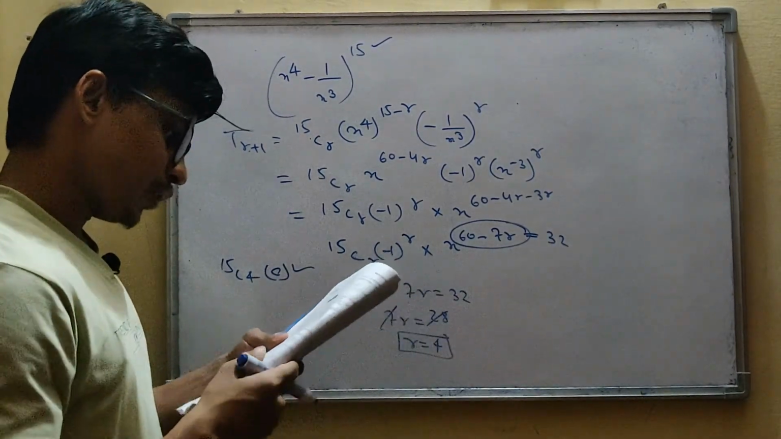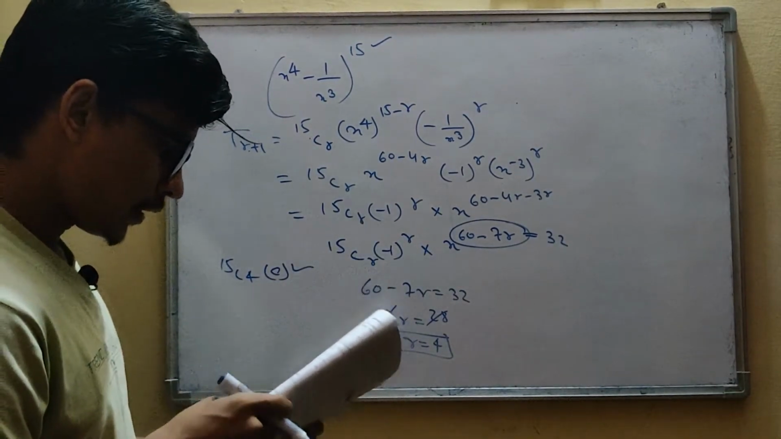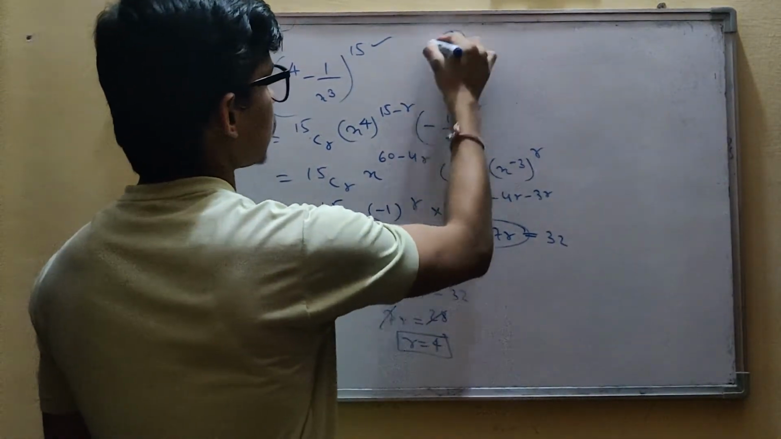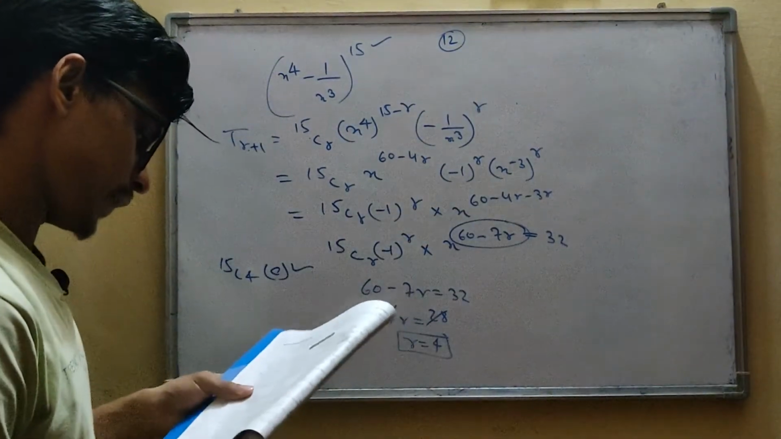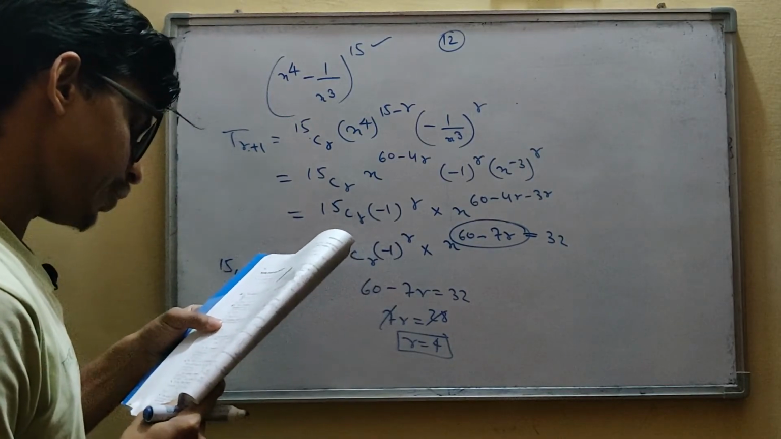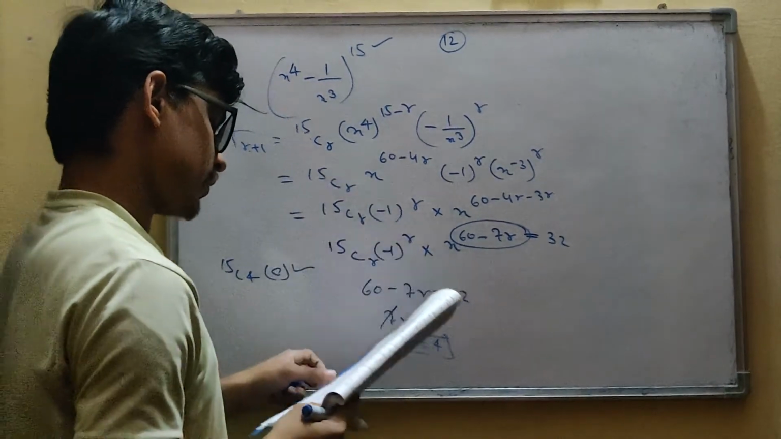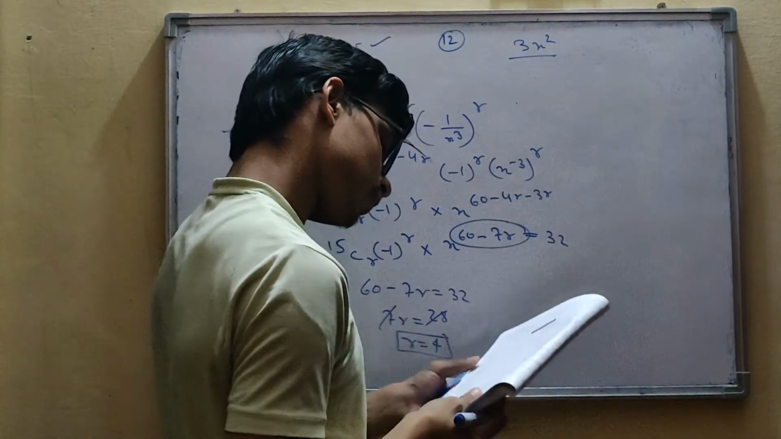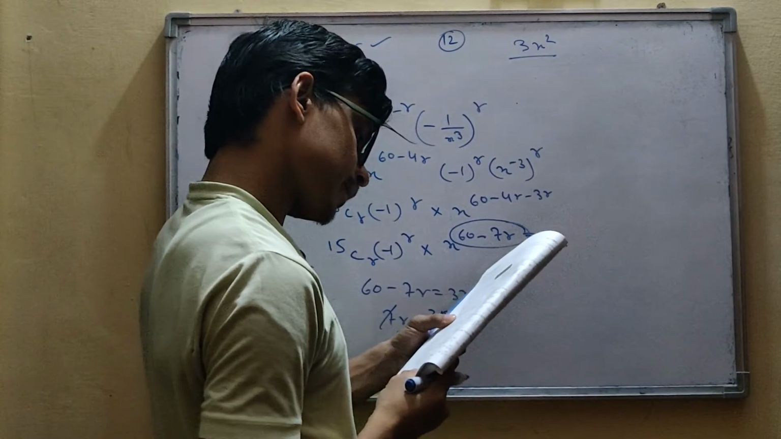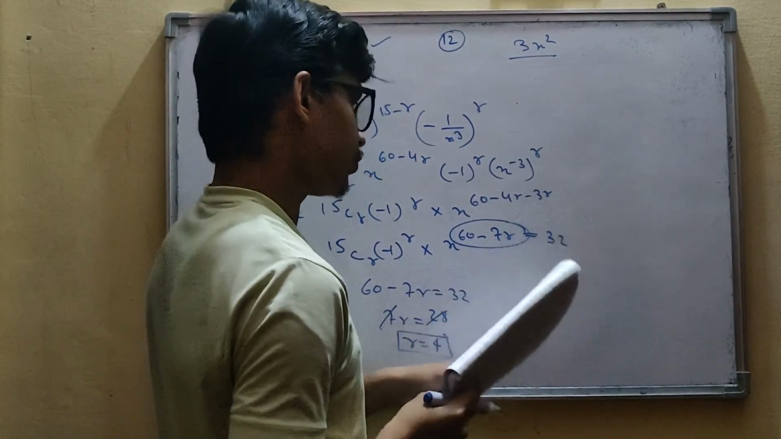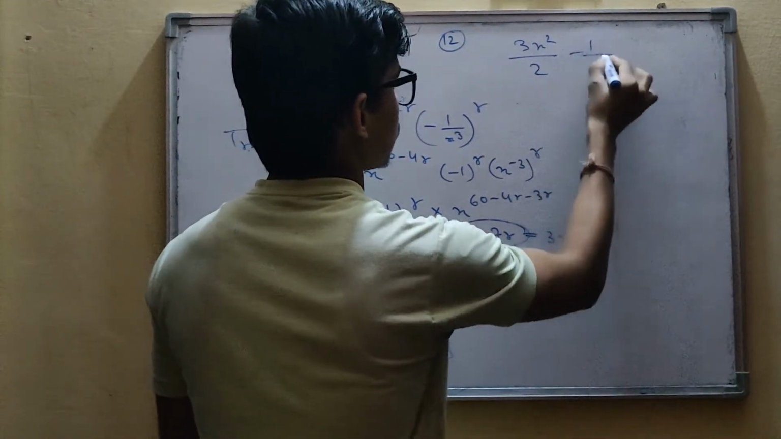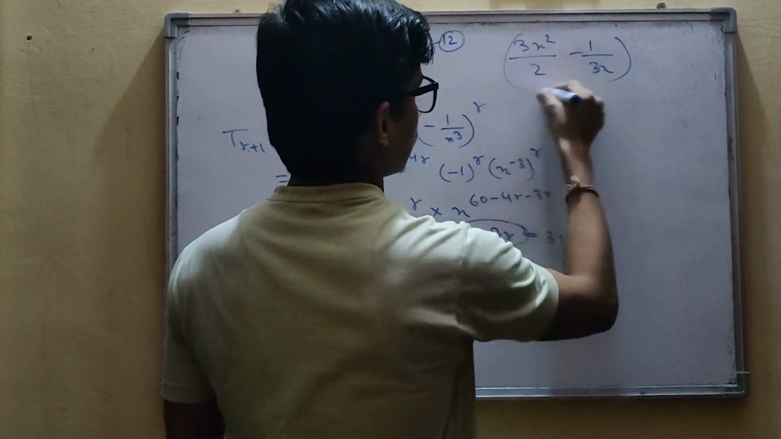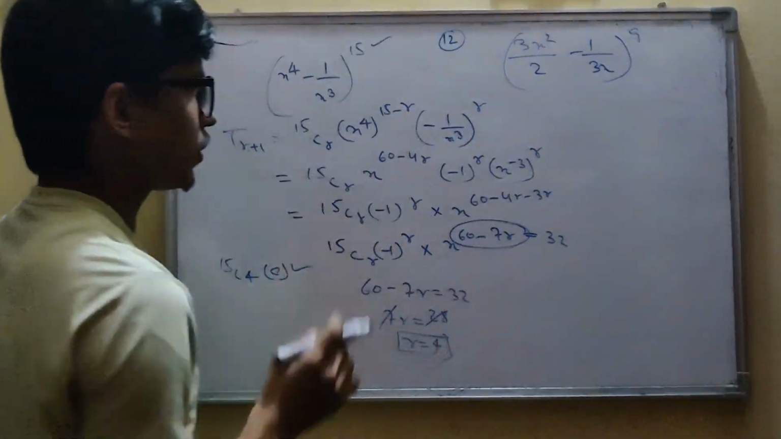Next is question number 12. In the expansion of this, it is also easy. In the 12th one, you have to find the term which is independent of x. That is going to be (3x square upon 2 minus 1 upon 3x to the power 9). So in the expansion of this, you have to find the term which is